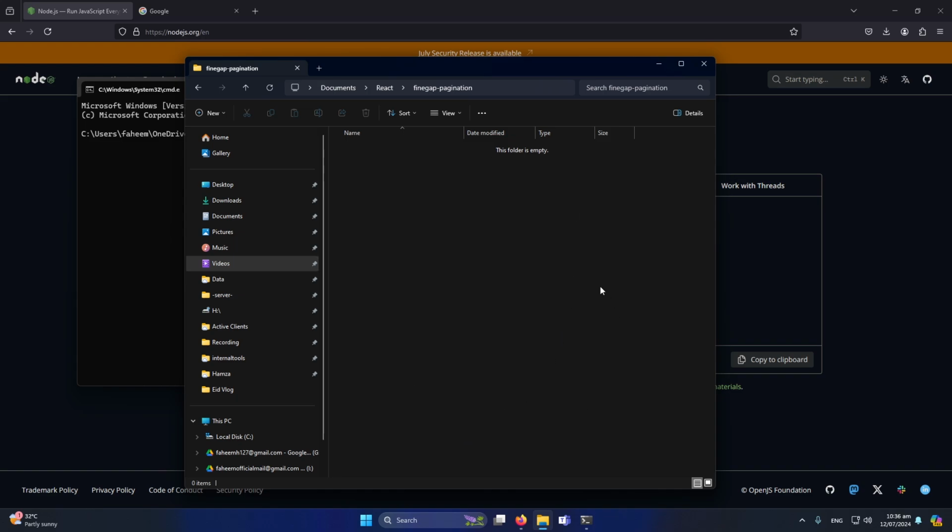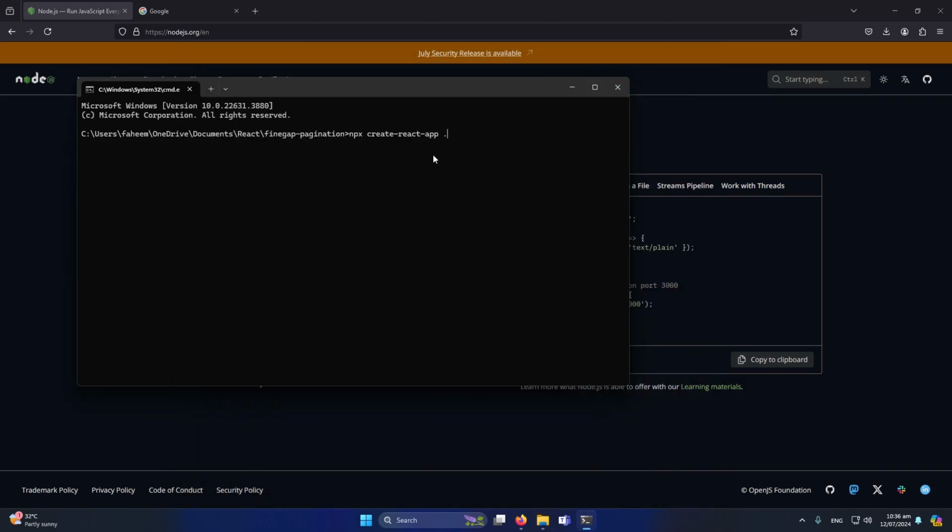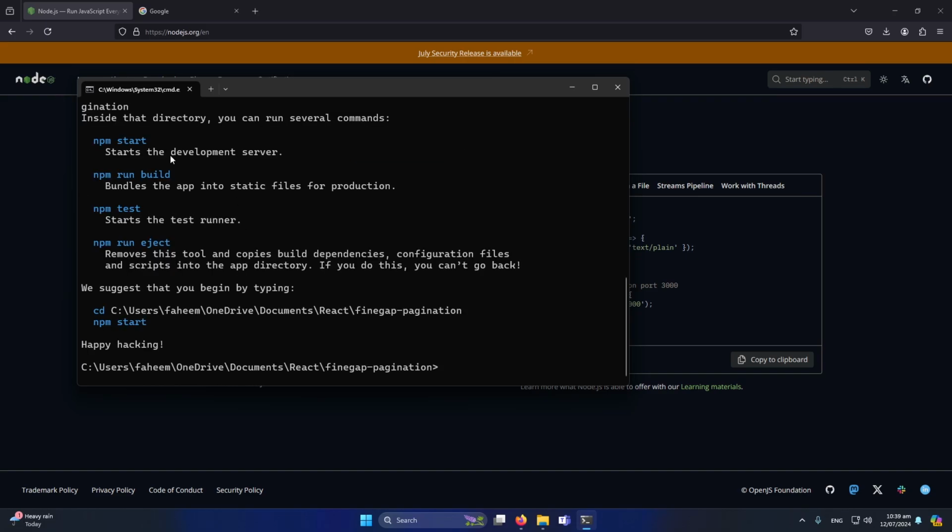Otherwise, if we type the folder name again, another folder would be created inside this folder, and our project would be created there, which I don't want to do. So I will simply type here dot, and once I press enter, you will see that the new React.js project will be started. First of all it will be installed, and then we have to type another command to run the project. You can see that the React.js project is set up on our PC, and here